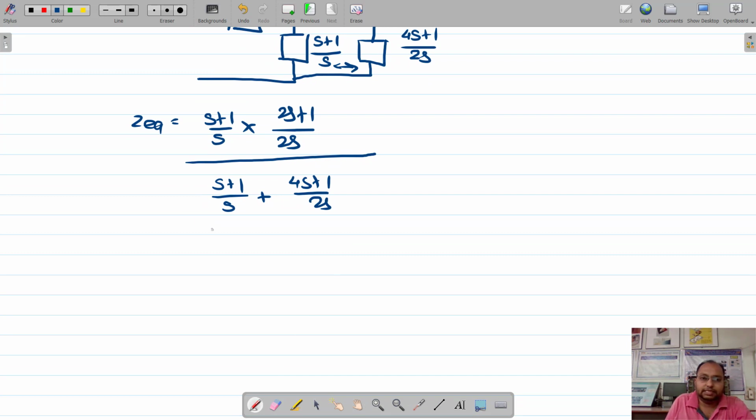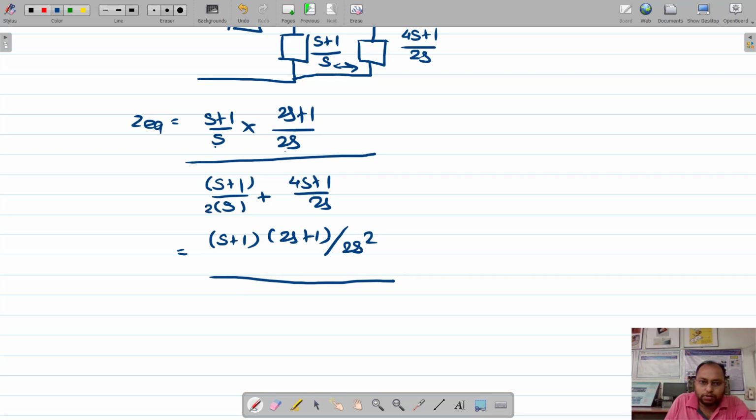You can write it simply as, let us say, s plus 1 twice s plus 1, and this is nothing but s into twice s, which becomes twice s square. Am I right? Now if I multiply and divide this term by 2, can I make the denominator the same? Yes. So let us do this.